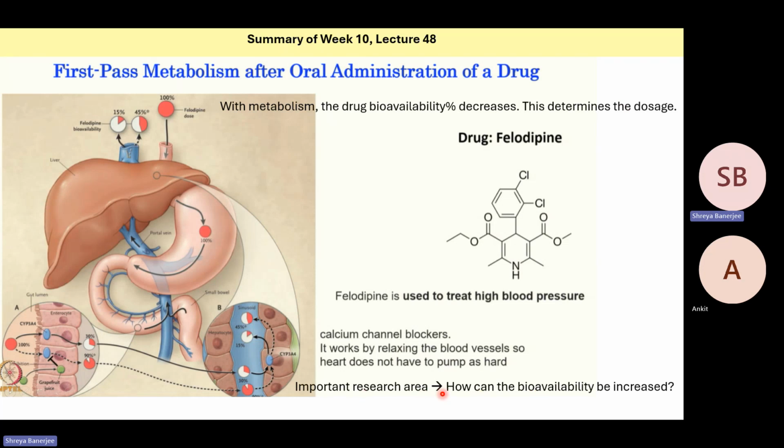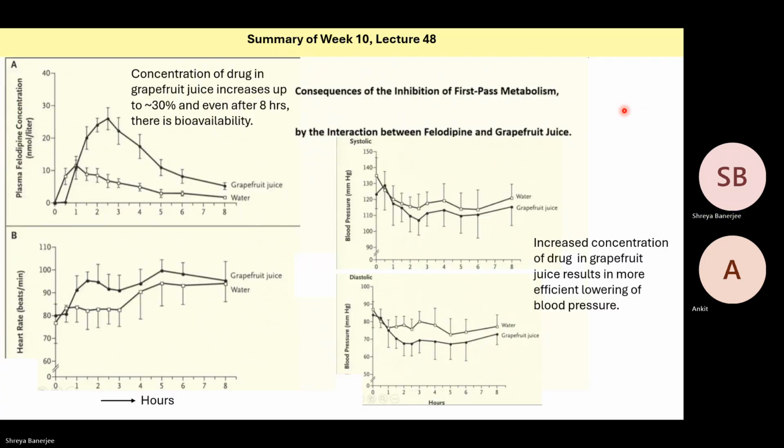The main thing that is our goal for this is how the bioavailability can be increased, because if the bioavailability is increased, then the dosage can be reduced. So here basically what is shown is how the bioavailability of the drug is affected by certain interactions. In the y-axis, you have the concentration of the drug, and in the x-axis, you have the number of